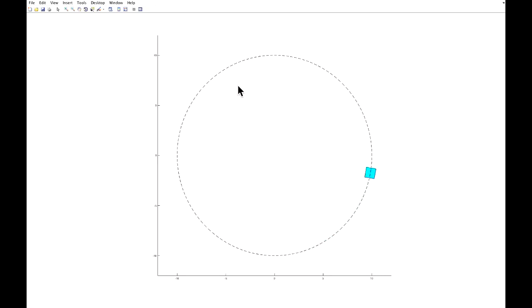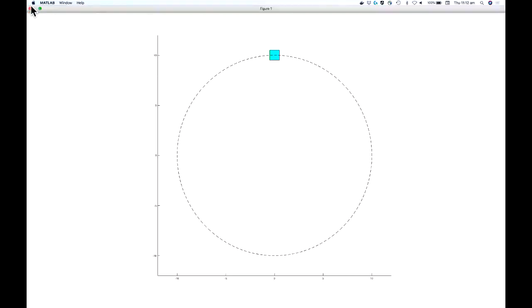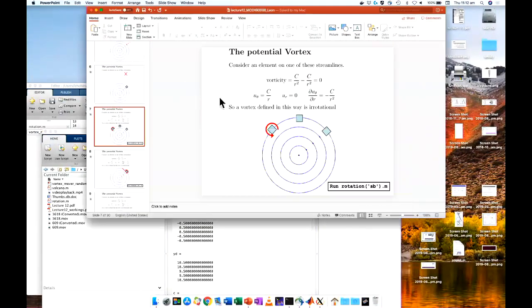Okay, and as it goes around this streamline, it would have made exactly one rotation. Right, it has rotated one revolution, right? So this is a solid body rotation. Okay, but